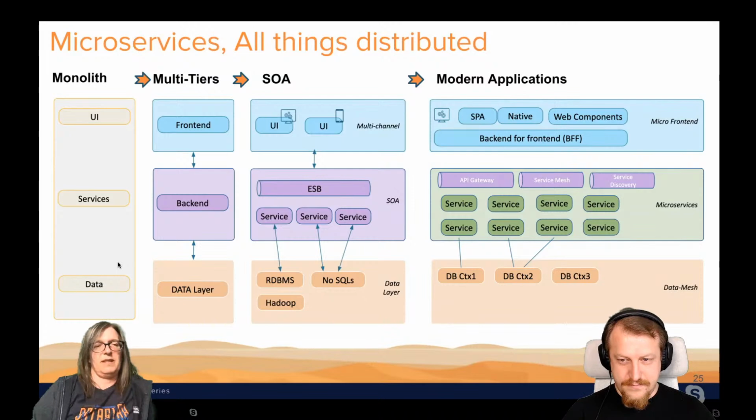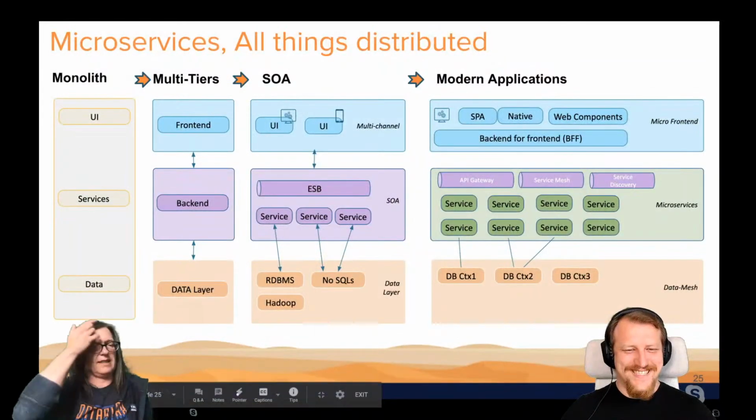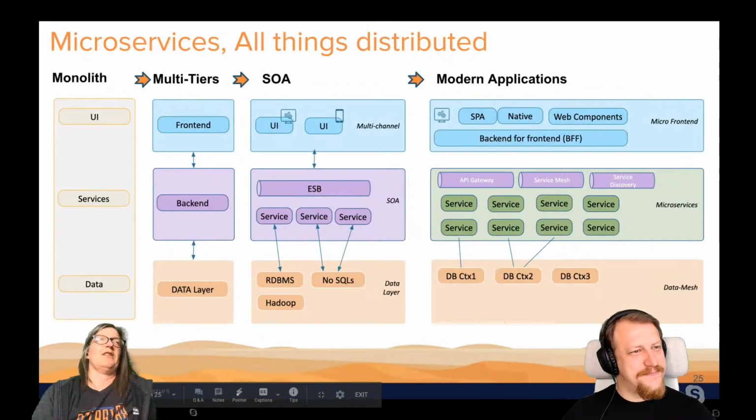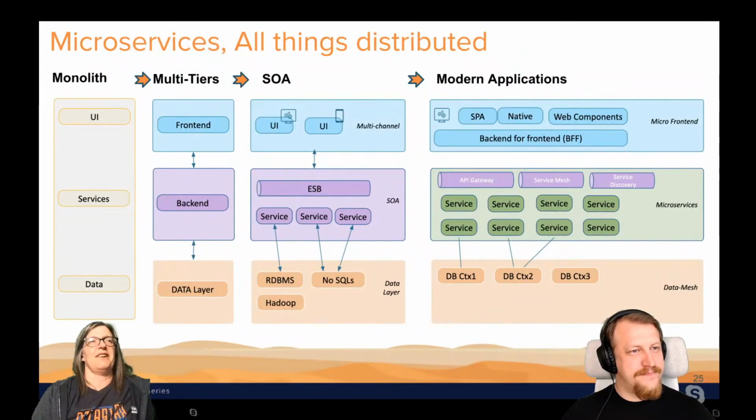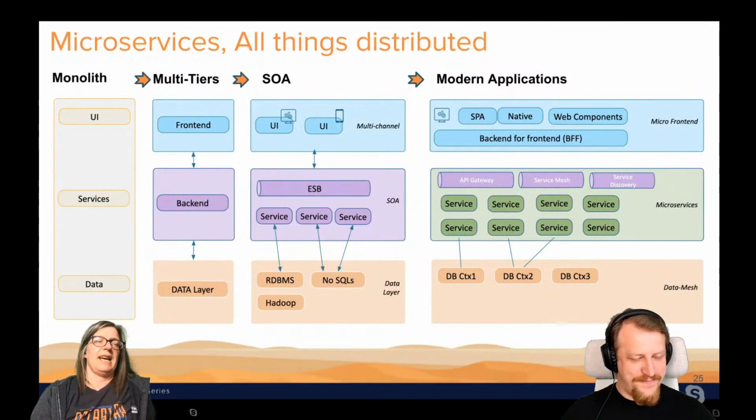And this is a little bit of the evolution of breaking those monolithic applications apart. So here we have everything together. We have the UI and the services and the data, everything together in one place. Often also quite organically grown and difficult to maintain, and perhaps difficult to replace certain aspects and difficult to update.